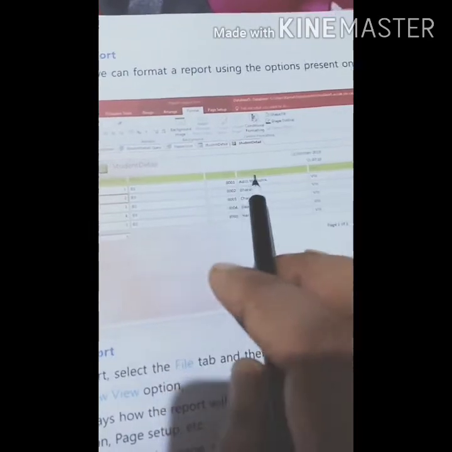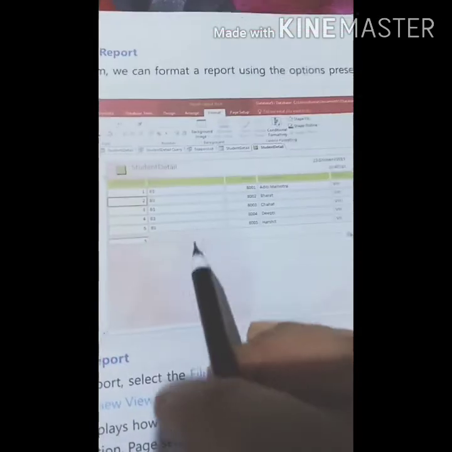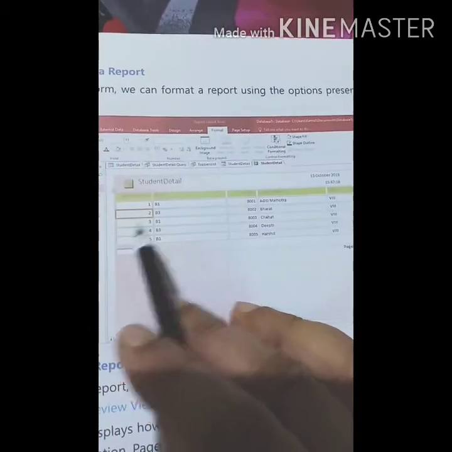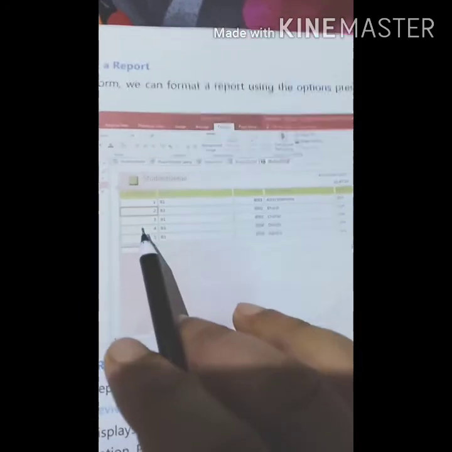This is the student detail report, and the fields are in green color, and the records are looking like a double line. So we can format this also.